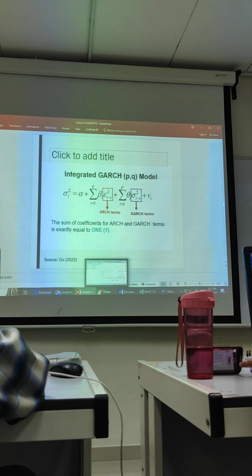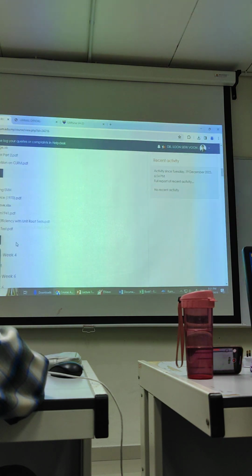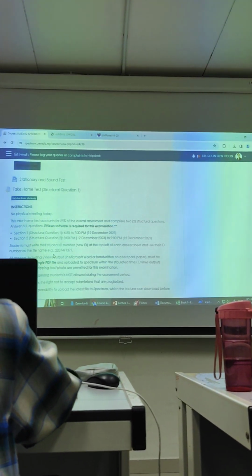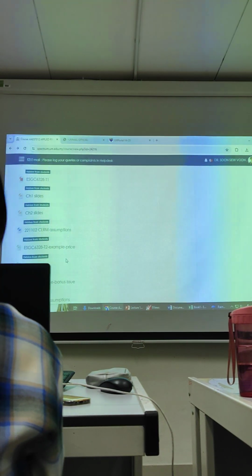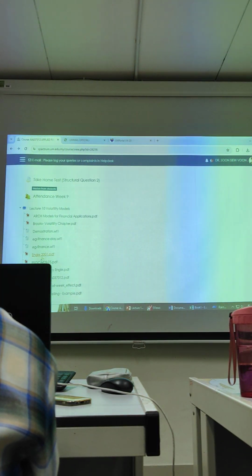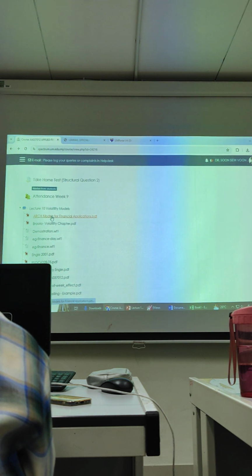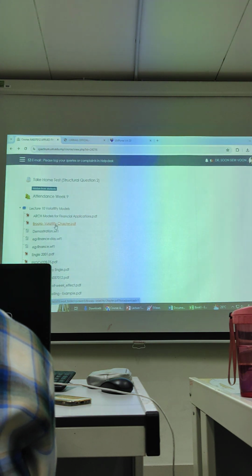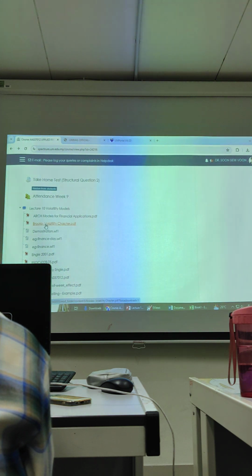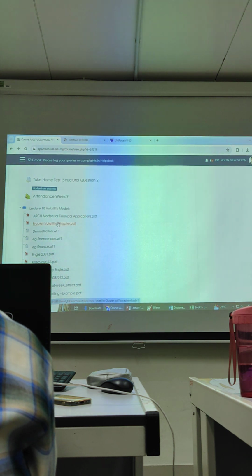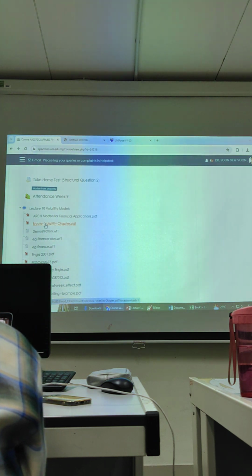So you got a data set, right? You got a data set already in your Spectrum. So you can practice while you watch the recorded lecture, right? By the way, you can go through the references here. For example, you click on the books, right? This book is from the textbook, but this is just a chapter focused on volatility. So you can have a better understanding, go through this textbook.